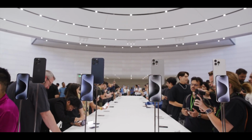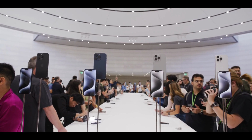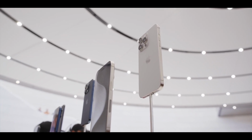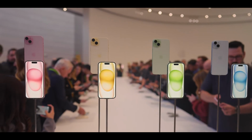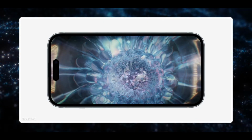Coming on to colors, no red color. Apple went to very subtle colors for Pro and even for non-Pro versions, that is this new blue color, black and titanium finish for the Pro versions, whereas non-Pro versions are featuring light pink, yellow, blue, black, green. Bezels on each model have become more thin. Display on the other hand has improved significantly, with peak brightness going from 1600 nits to 2000 nits, which is